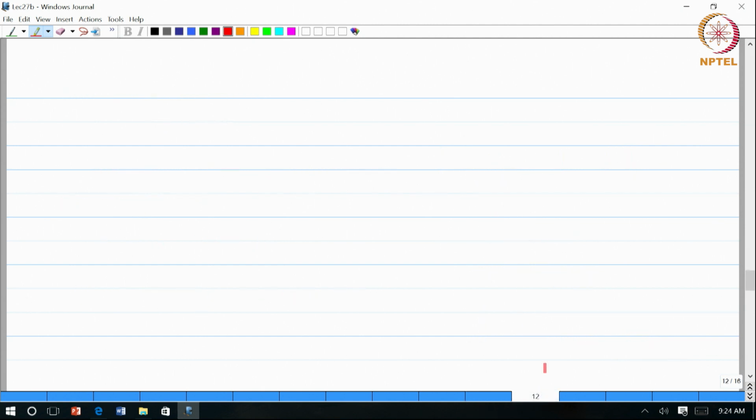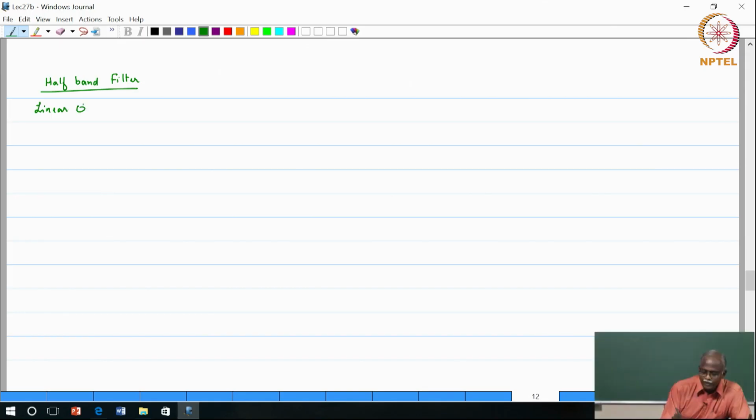Let's pick it up from this point. We are interested in a half band filter. So let's focus in and make some statements about the half band filter. I want to design a linear phase half band filter. Okay. Now, basically we want to say that g naught dash e of j omega is a